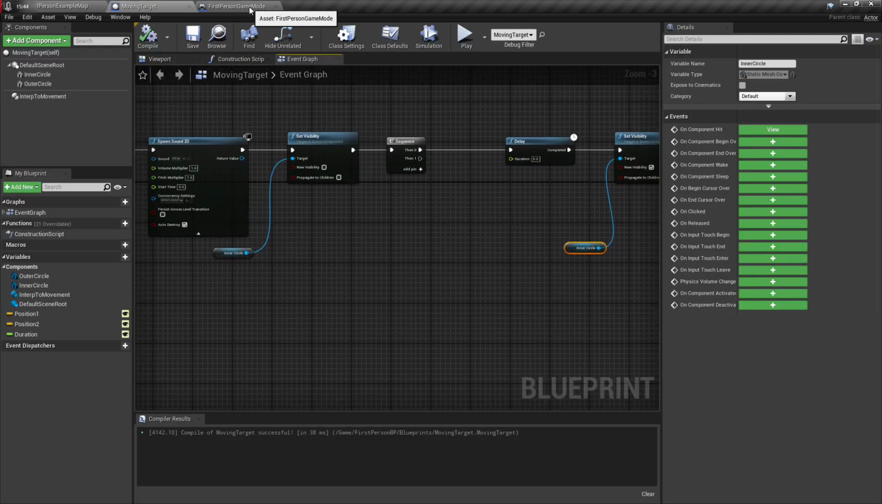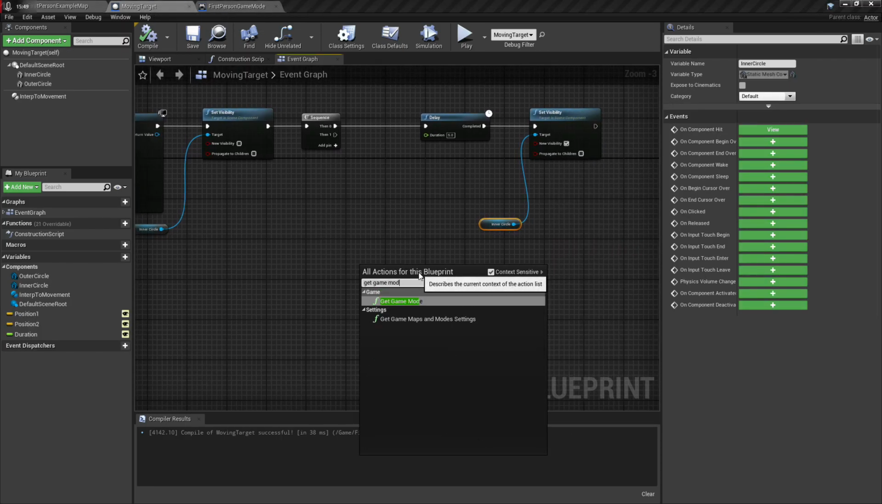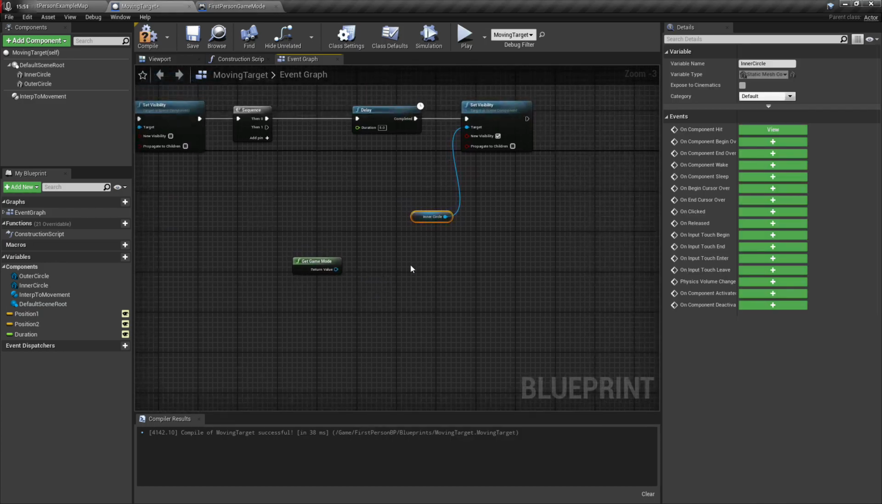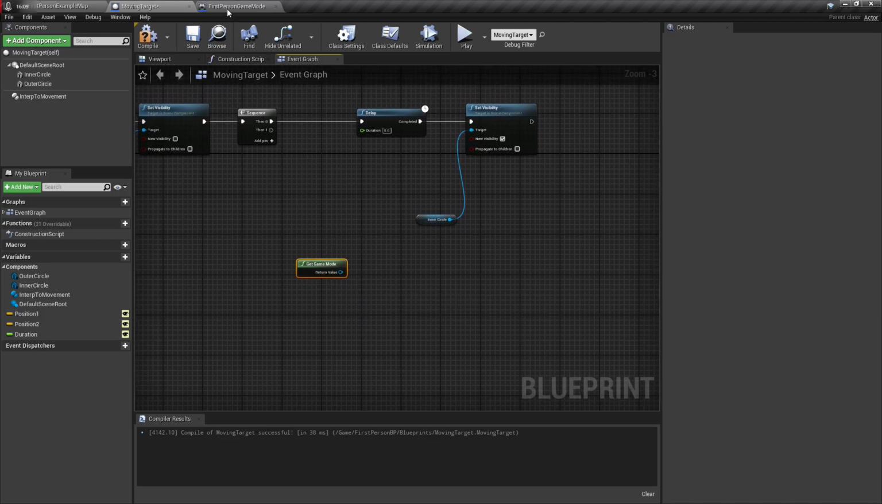So now that we have that set up in our moving target, we can just go get game mode, and then we can cast to our actual first person game mode, because this is just the generic. It's going to find whatever game mode is being used. It doesn't care which one it is. If we want to make sure that we're talking to a specific one, we can cast directly to it, because if the cast fails, like if we had more than one game mode because we had multiple levels, which we may or may not at some point do that,